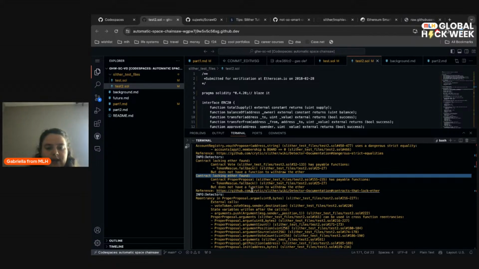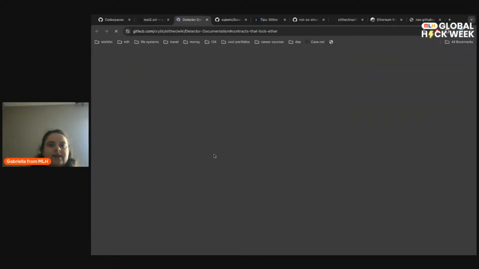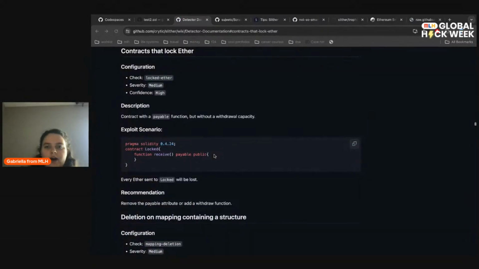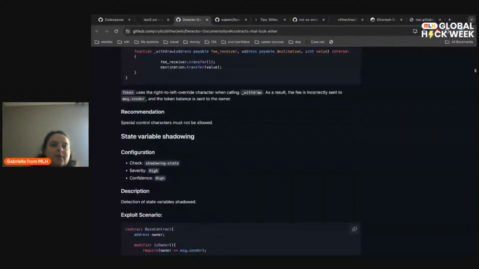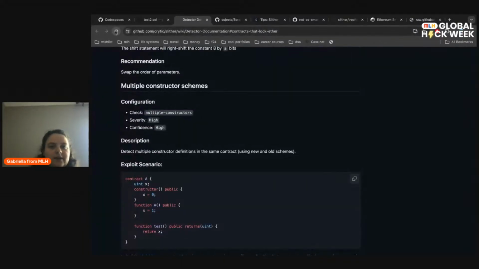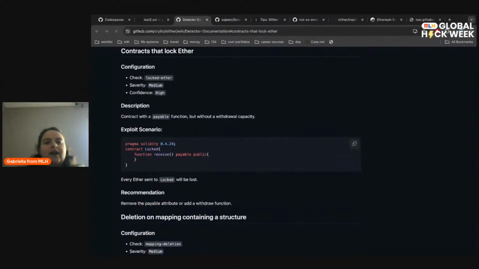So if I click command and click on this, it's probably just control on Windows, it brings you to the Slither wiki. The Slither wiki is very long. There are a lot of different issues. I probably shouldn't have done that. Okay, I can just refresh, and it brings me back to the shortcutted page,